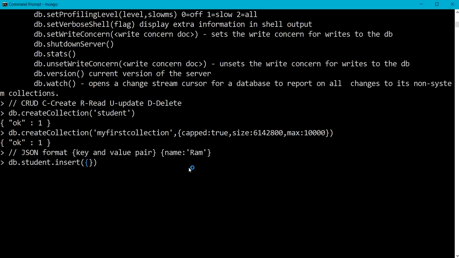In that student collection I am specifying roll number 1. Then the second field will be the name of the student, Ram, and the third field is class. So here we are inserting data in the key value pair format. Class TE.